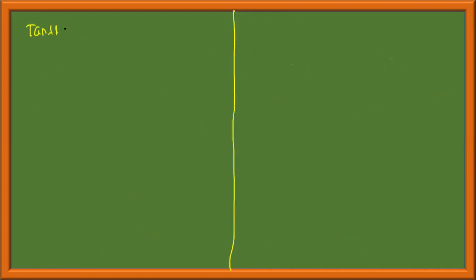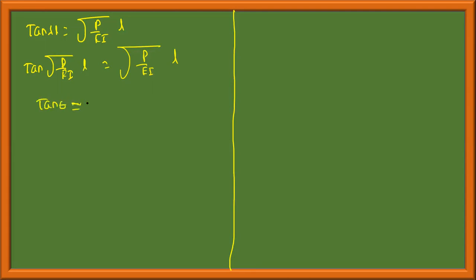Tan lambda L is equal to root P by EI into L. How is this, in which form is this? Tan theta is equal to theta. When will tan theta be equal to theta? For small values, for 0,